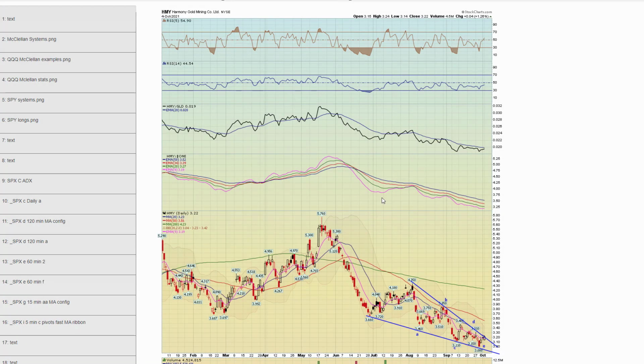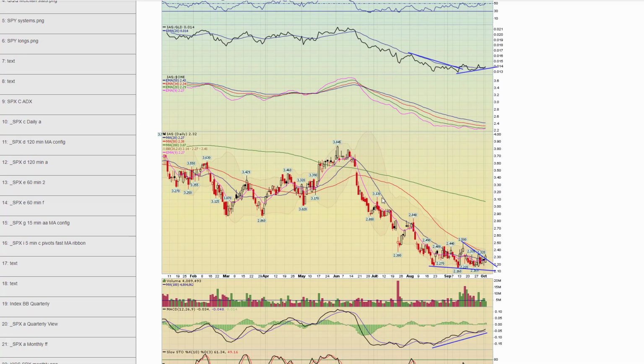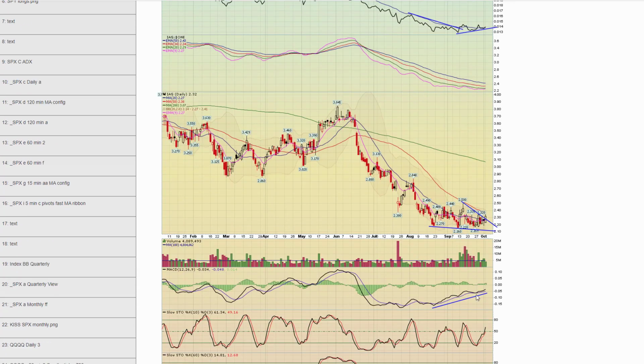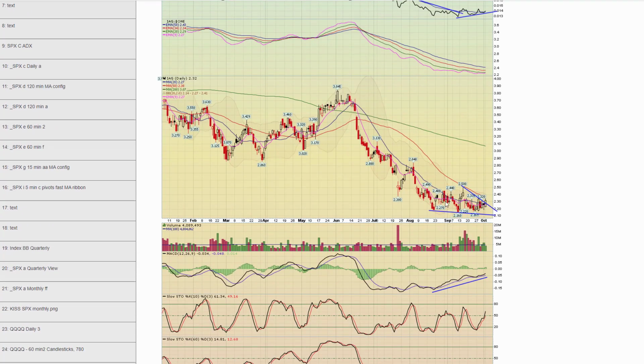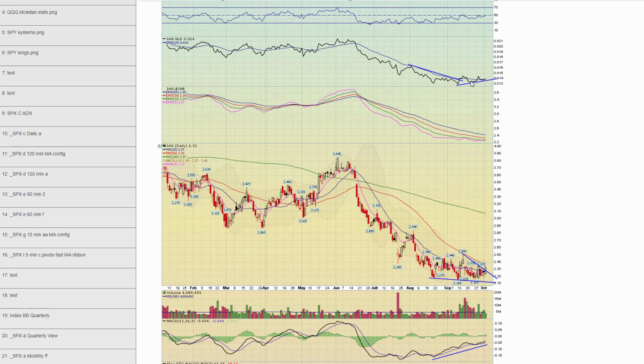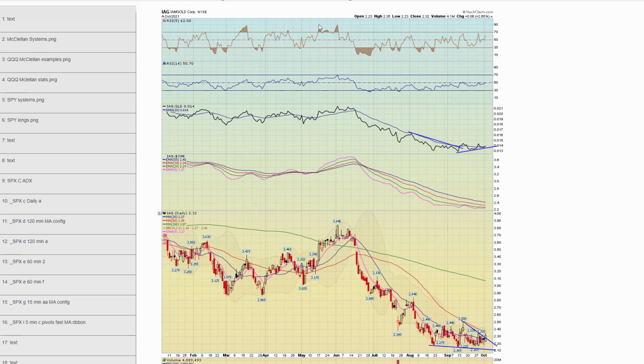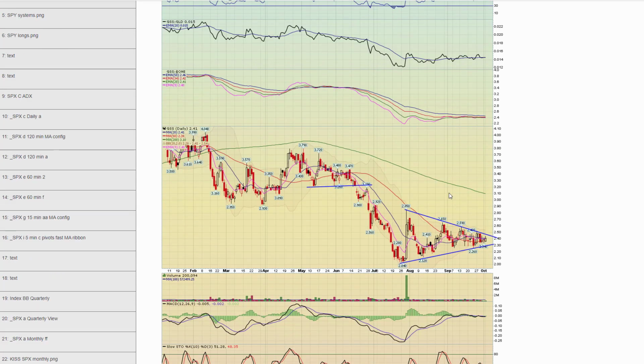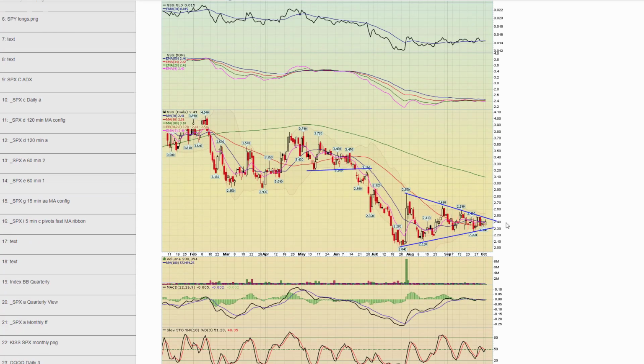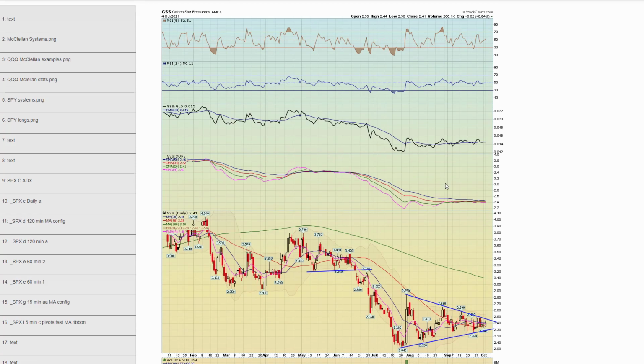Next, Chart 70, IAG, another one I've been monitoring. I like this potential basing action, volume patterns. The ratio looks decent. I own a little bit of this one. And finally, Chart 71, GSS, a low-priced one. There is a beautiful coil setting up. Now, this could break either way, but I am monitoring this for a trigger trade.